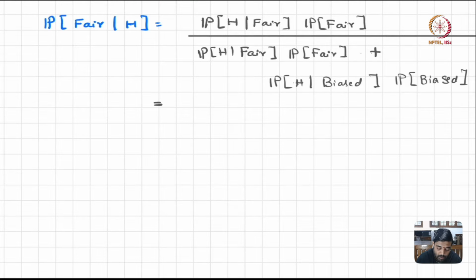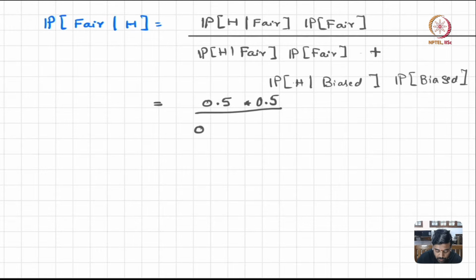Now, the probability of a head when you have a fair coin. It's a fair coin, therefore it has to be 0.5. Now the probability of you getting a fair coin. That means when you take a coin from the bag, what is the probability of you getting a fair coin? There are two outcomes, and one of them is fair, so it has to be 0.5